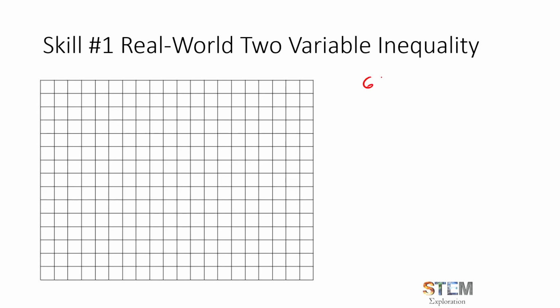So if we say 65, which is the cost for a hoplite, and we multiply that by the number of hoplites you choose to make, plus 50 times the number of archers, is less than or equal to 900. What this allows us to do is use any combination of hoplites and archers that can be produced with 900 units. And so to do this, typically you have to label your x